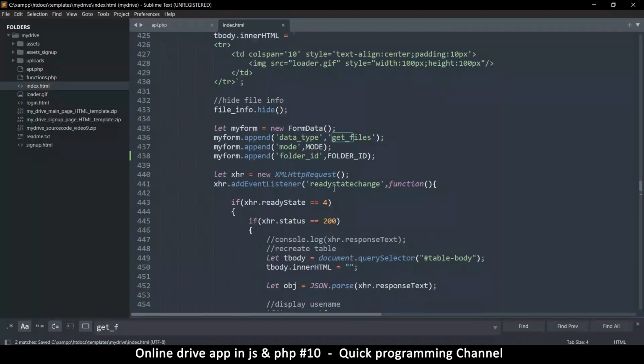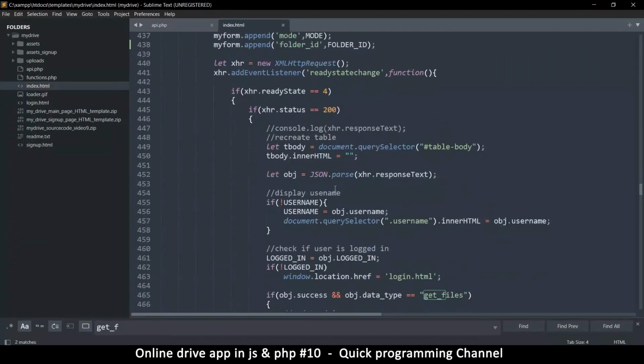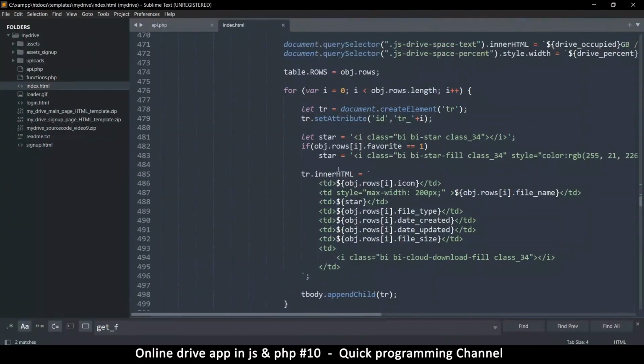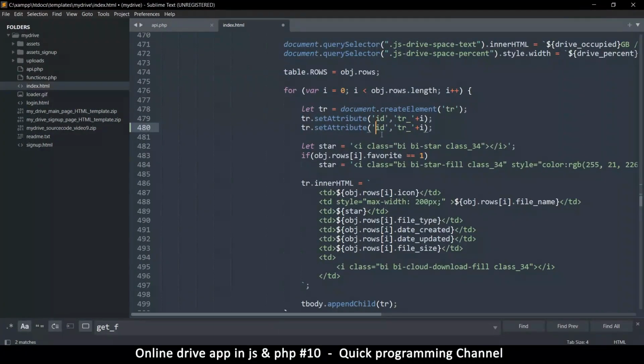So let's try it out. So I'm gonna go to where we're refreshing the table, right? So there's a table row over here. Here we add an ID as an attribute when we create a table row, but I also want us to add a folder underscore ID. Now this one, I don't need the text here. I just need the folder ID itself. Not a big deal. So we're gonna do plus,